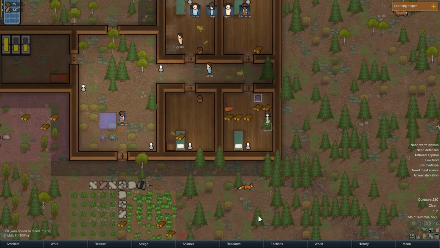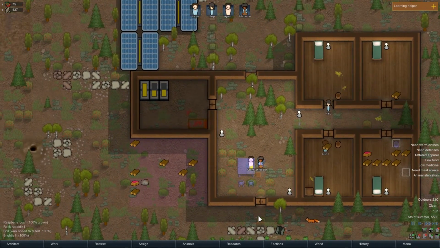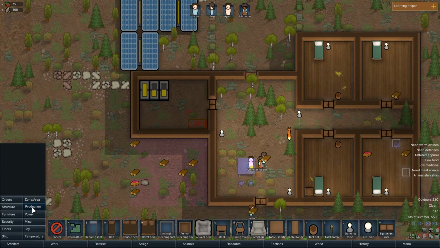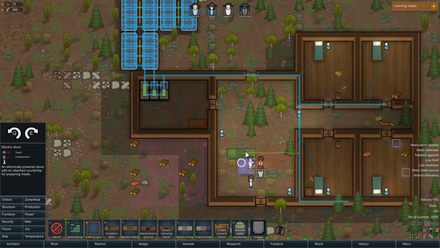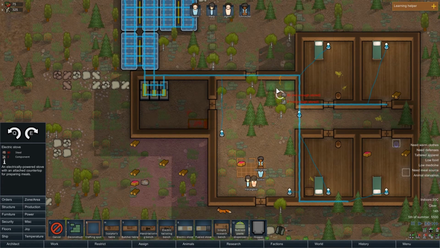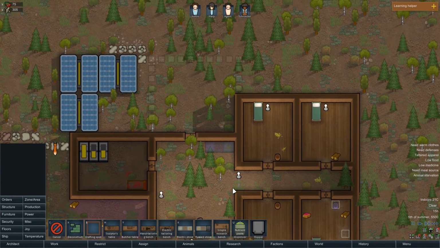Alright, so we're getting the chairs up. Gonna get the table, so hopefully they're not gonna be complaining about having to eat outside. And we've got power up now, so let's get an electric stove. Looks like... Oh yeah, we wanted to make the kitchen area right here, didn't we? So we'll get an electric stove so we can start getting some food. And then we'll go ahead...